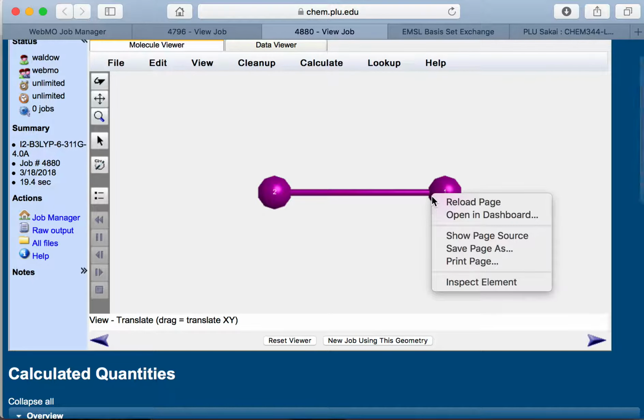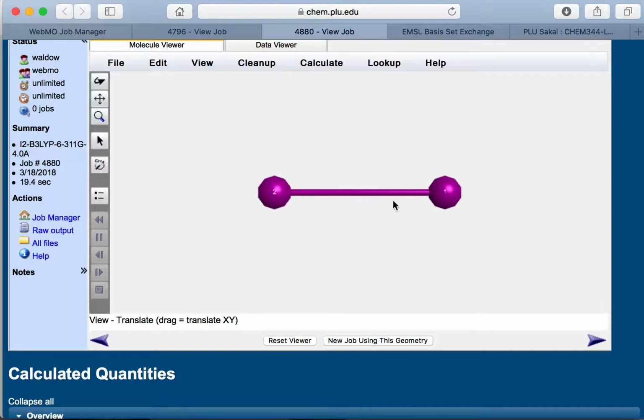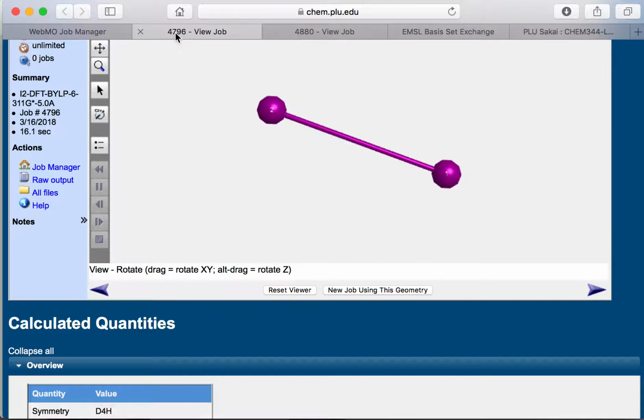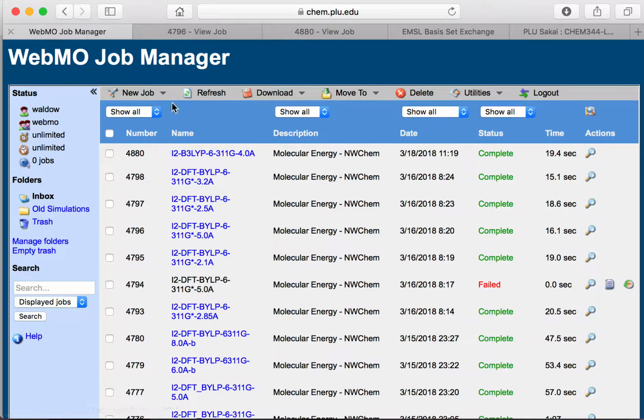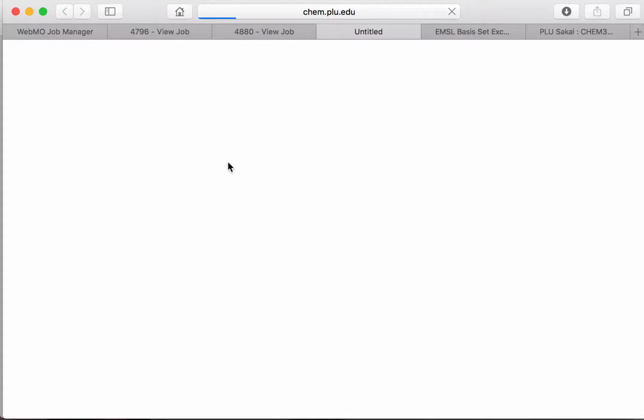Well, there we go. Well, that doesn't seem to be working, but I think you understand from the other example I did how to set up that bond. So at the end of that run, if you wanted to run another one, you would click on this, view it,